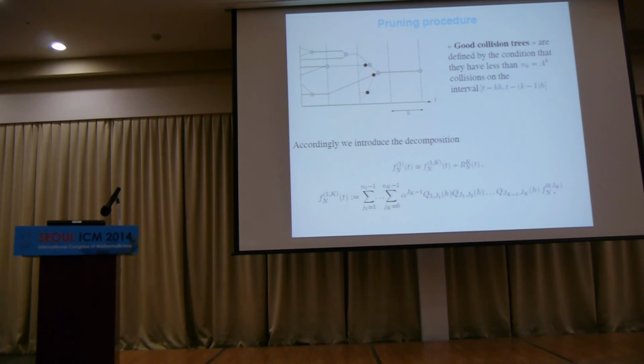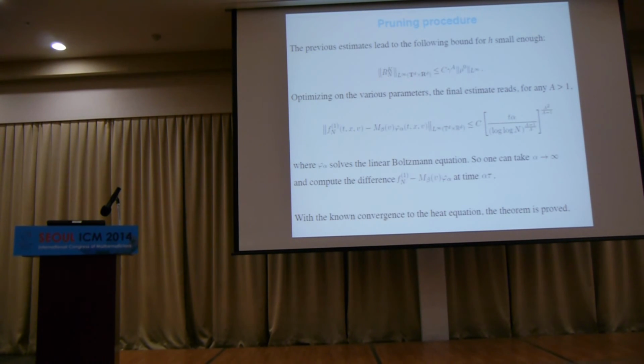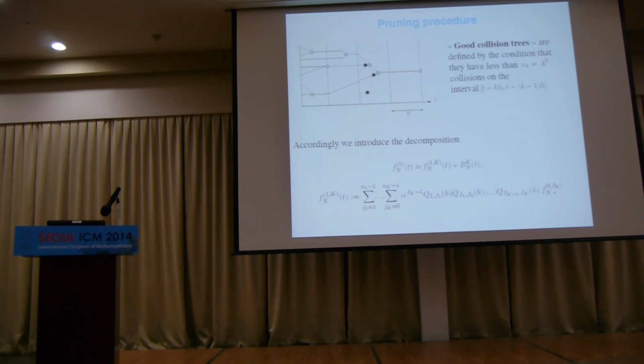So I can do a sum. Okay, it looks stupid, but simply you're going to sum your errors, and actually you're going to have essentially a geometric sum of h to the power of the number of particles, h to the power a to the power k. I'm going to sum that over k. Okay, but the constant in front of that is the same at each time step because my solution has not grown at each time step. So at the end of the day, if you decide that your h here is 1 over alpha, which makes Lanford's proof work, and a small parameter gamma in front of it, then your remainder will be the sum of gamma to the a to the k. You sum over k's, that's gamma to the a. Okay? So your remainder is as small as you want if gamma is small. And then that kills the remainder, and now you're just back at studying this thing here.